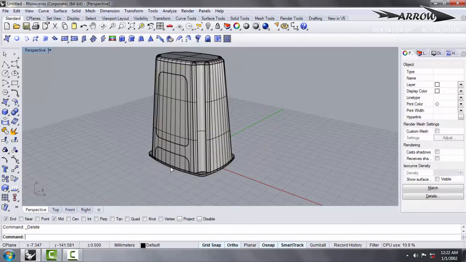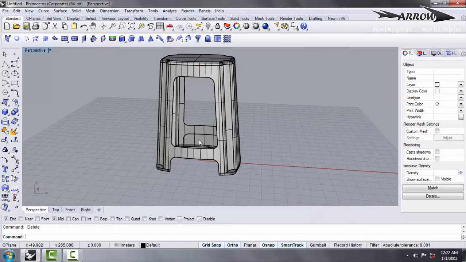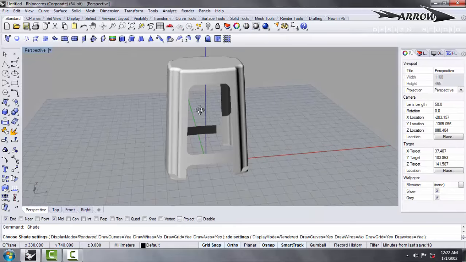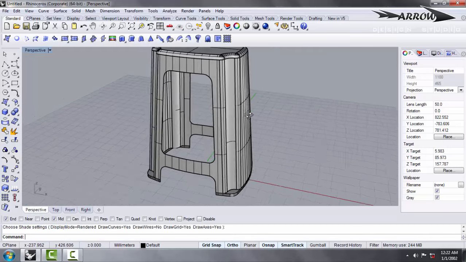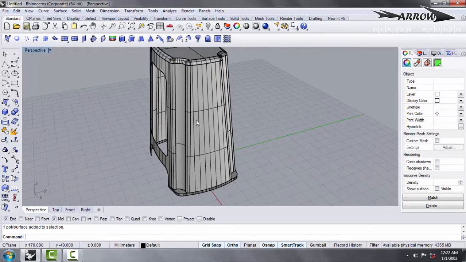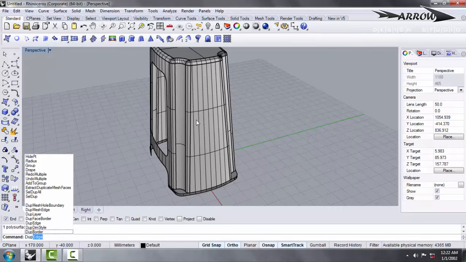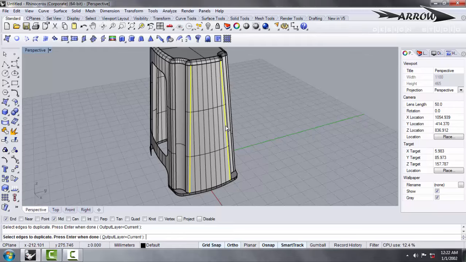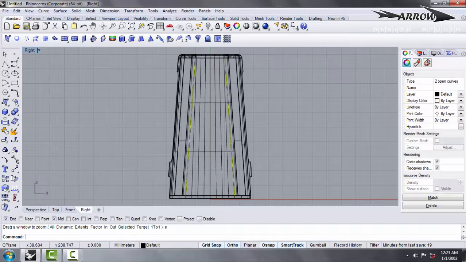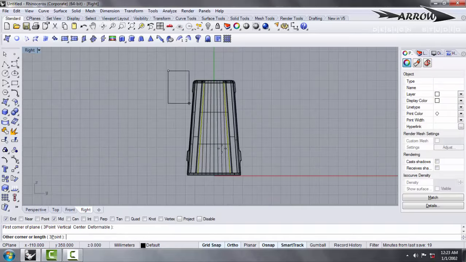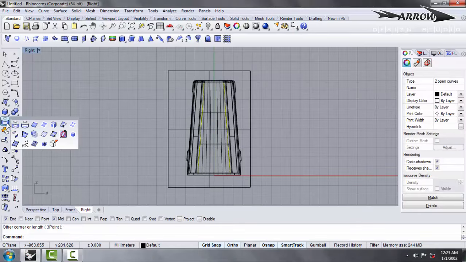Then I'll just split this with this, this with this. Delete, delete, delete, delete, delete, delete. So my stool is now taking shape over here. Okay, so I have referred everything like what it has to be. The same method I'll be using again for this side as well, the latitudinal side, but this time you need